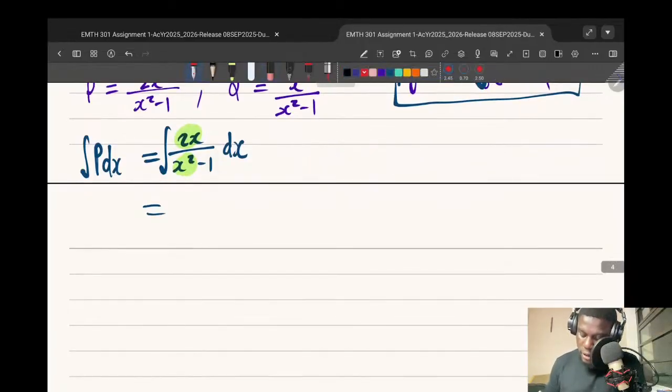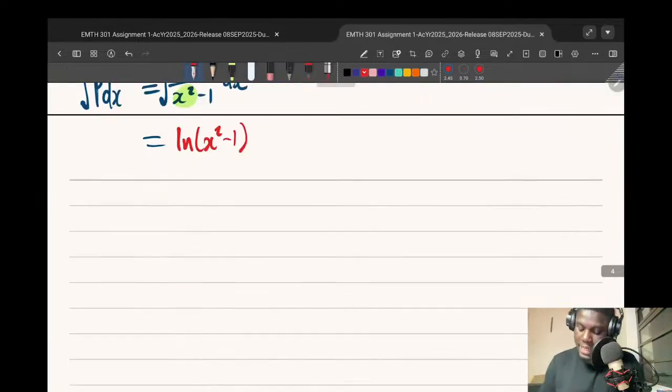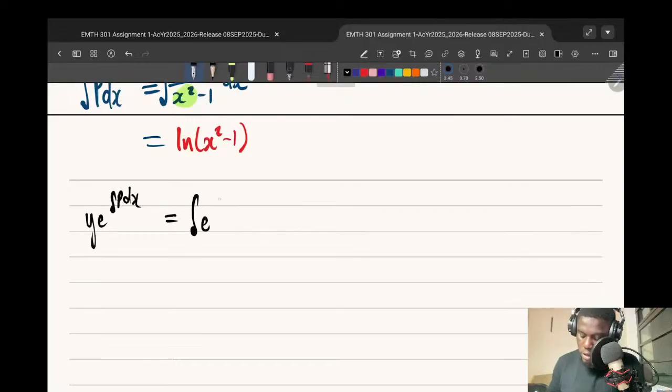So I'm going to say, the top is exactly the derivative of the bottom. Oh, that's good. If the top is exactly the derivative of the bottom, then when I integrate this, I'll get ln of the bottom, ln of x squared minus 1. This is going to be my integral of this. Then I can now go and put it in, so I'm going to say y e to the integral of p dx is going to be equal to the integral of e to the integral of p dx multiplying q,